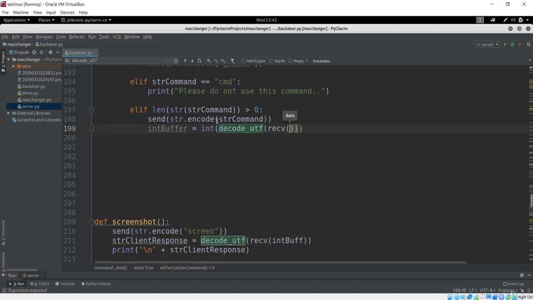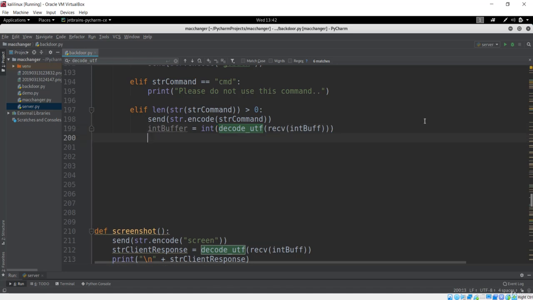I'll receive that buffer which is sent from the client, which is int buff, not the buffer, and that will be received with this receive method, and we'll decode it and convert it to the integer.